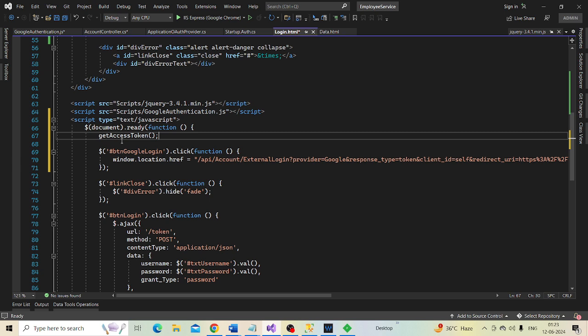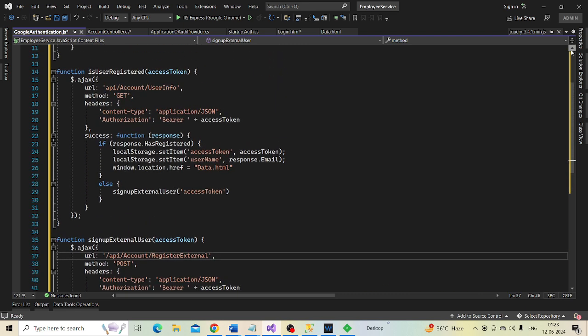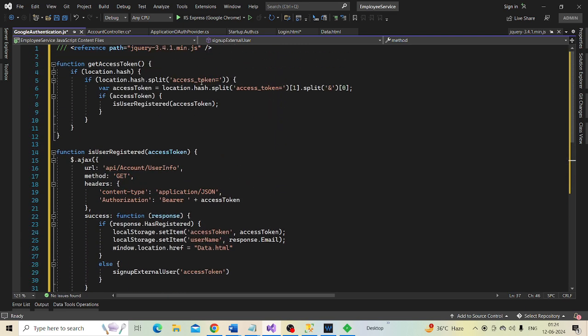And what is this get access token function doing?